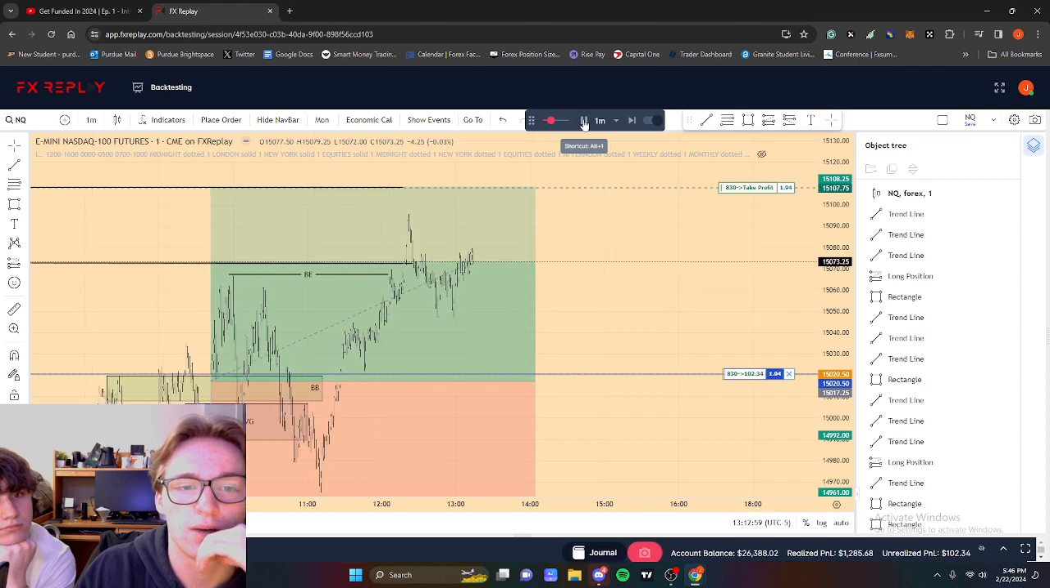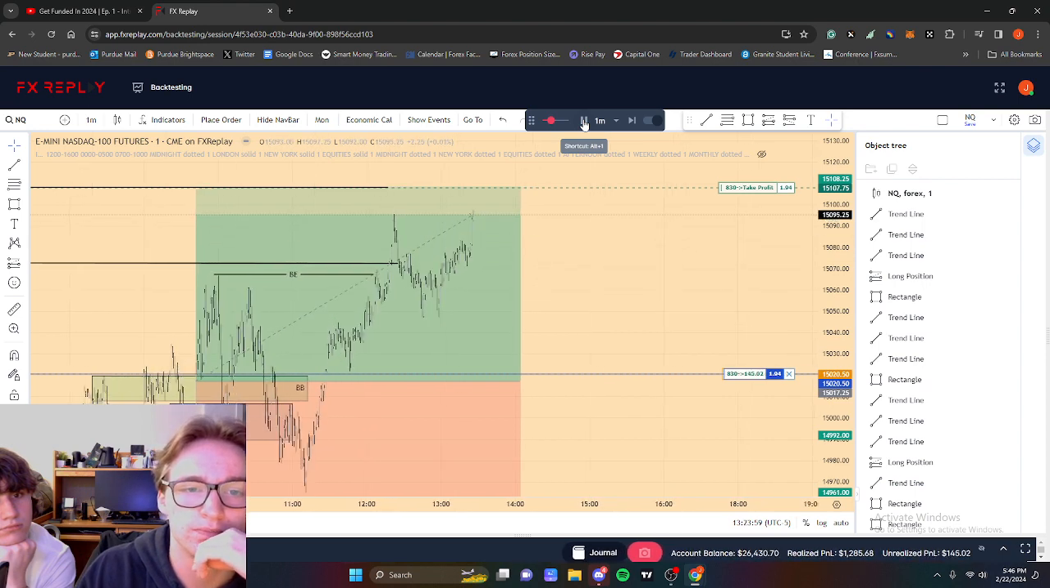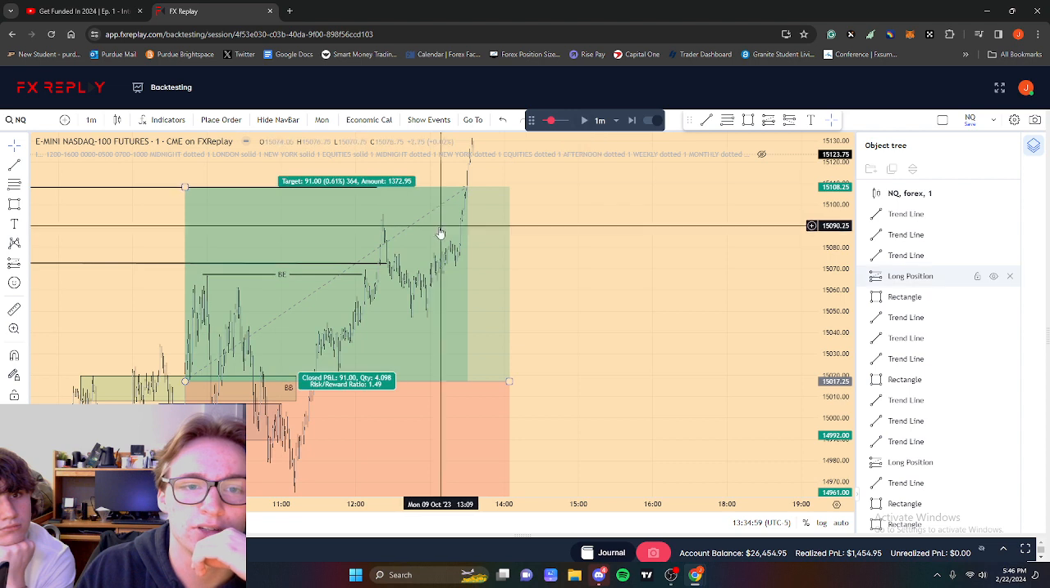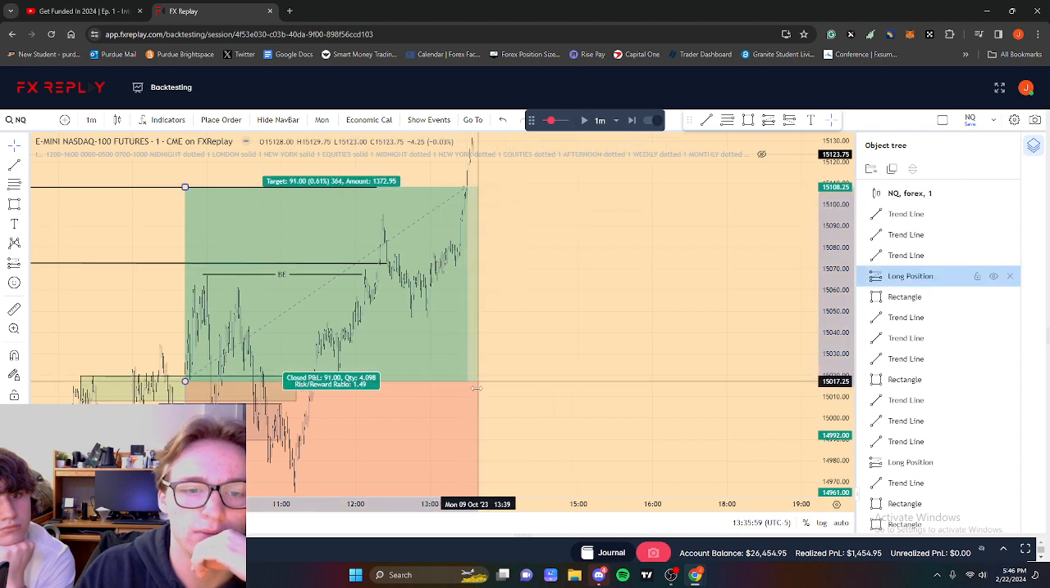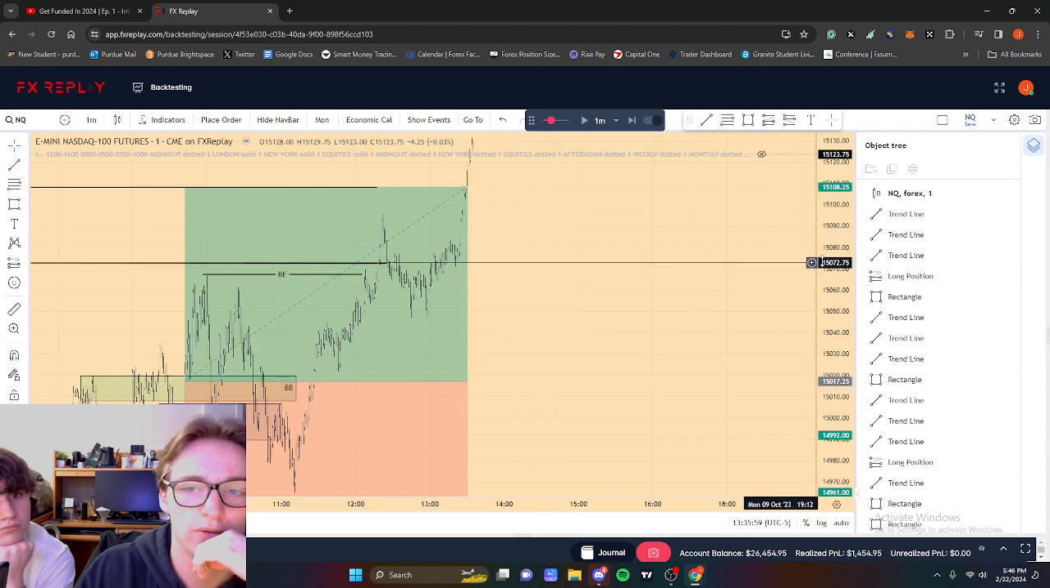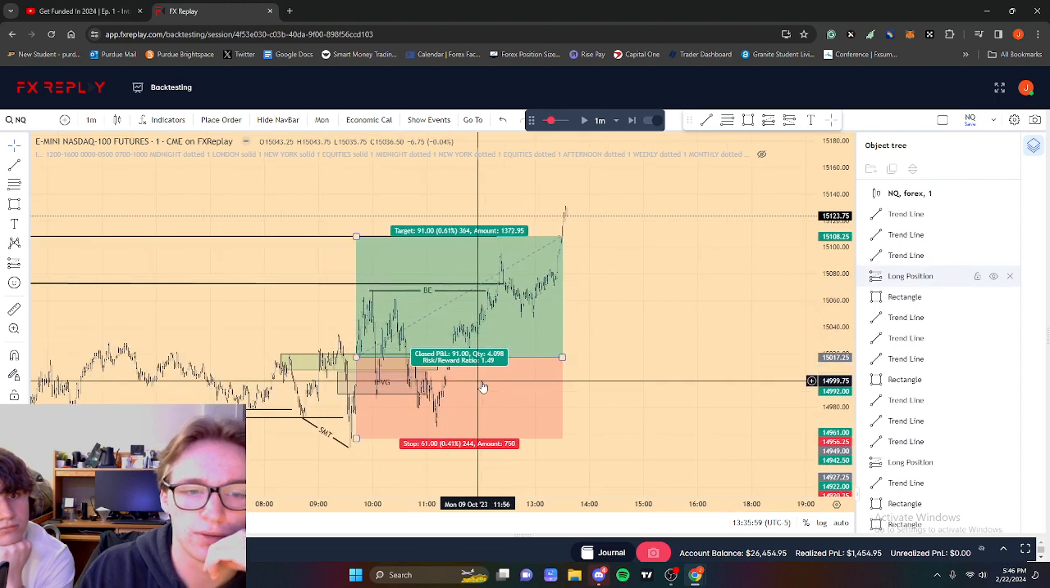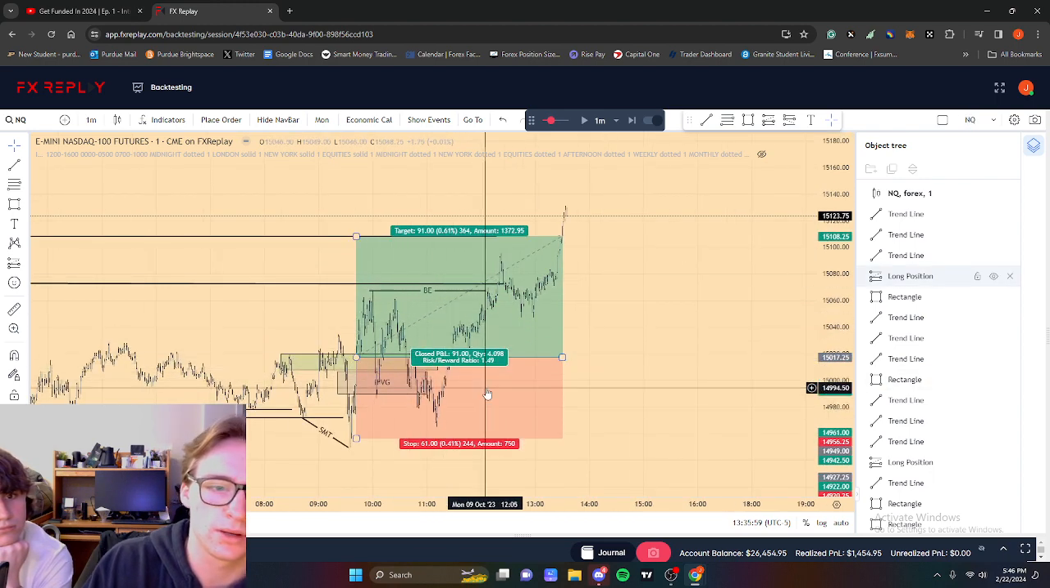Basically just a lot more chop. Really not much going on. Okay, and it looks like right there we hit our final TP. So 1.5 risk to reward. Pretty good trade, honestly, off a 3-minute breaker block,